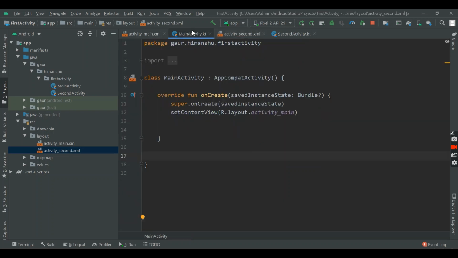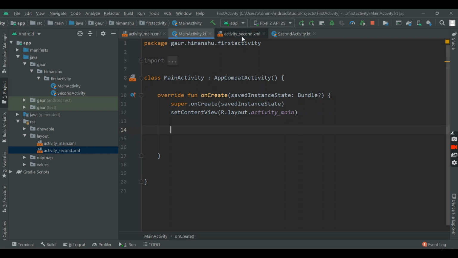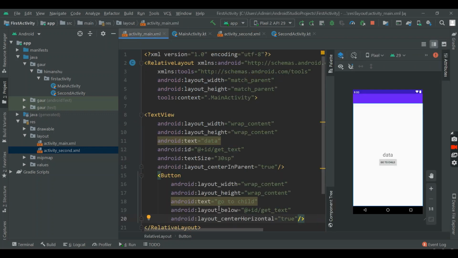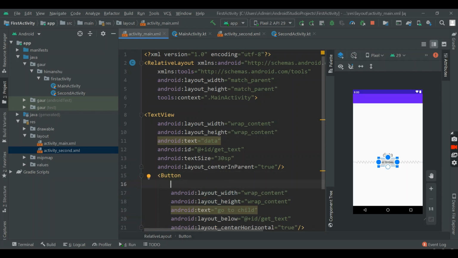Go to our main activity, and here go to your design file, and I forgot to give my button id, so give an id to it.